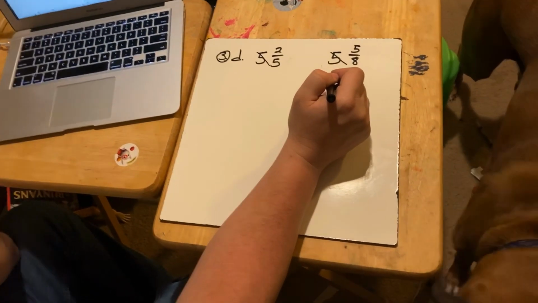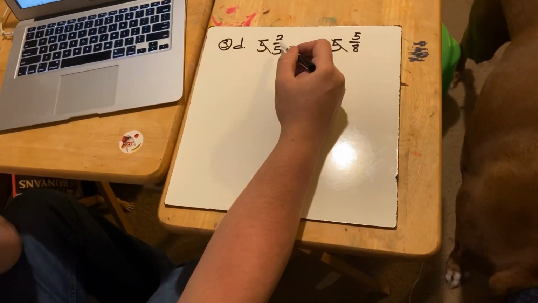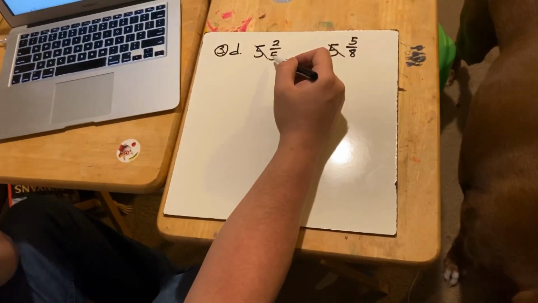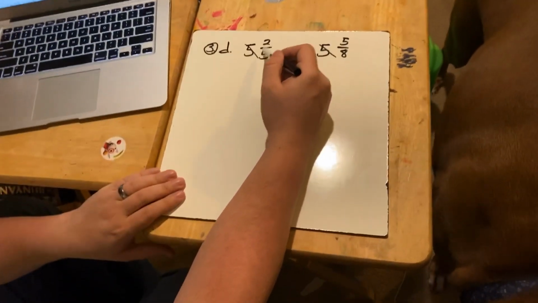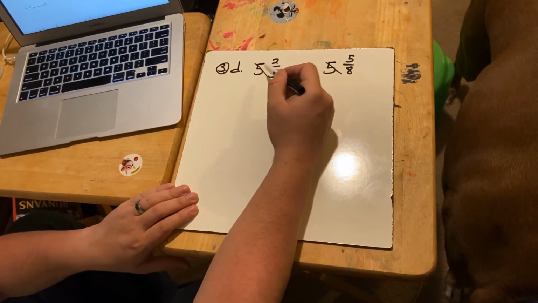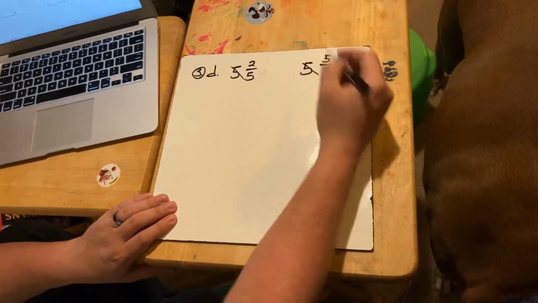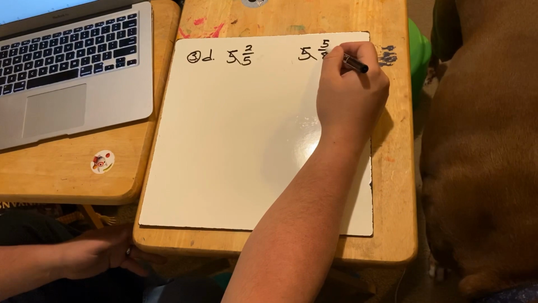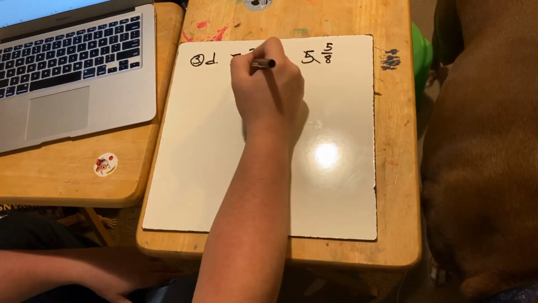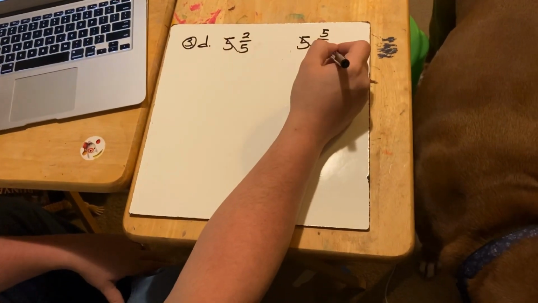Well, we know that half of 5 is somewhere between 2 and 3. So this is actually going to be less than 1/2. And half of 8 is going to be 4/8. So this 5/8 is greater than 4/8. So if this is less than 1/2 and this is greater than 1/2,